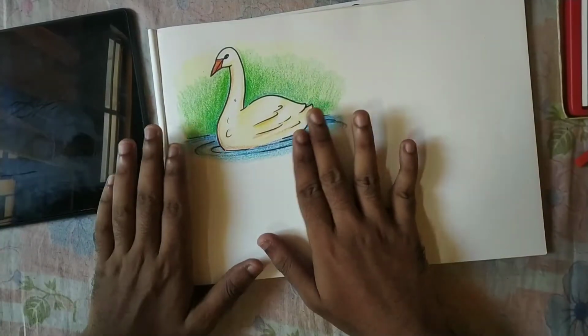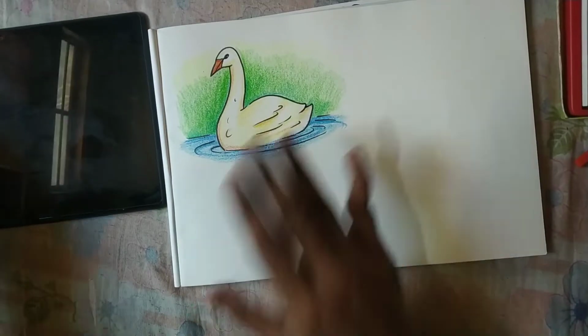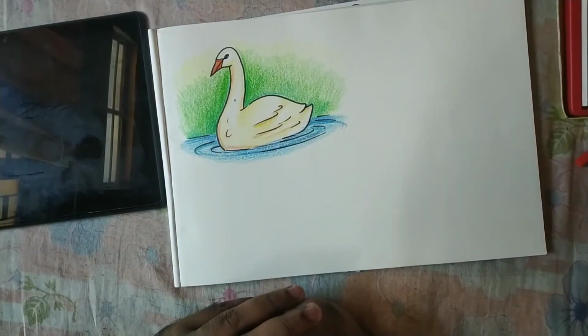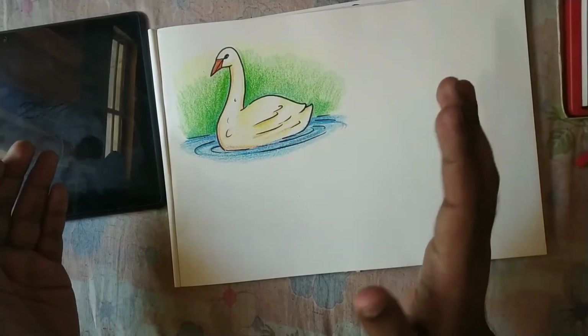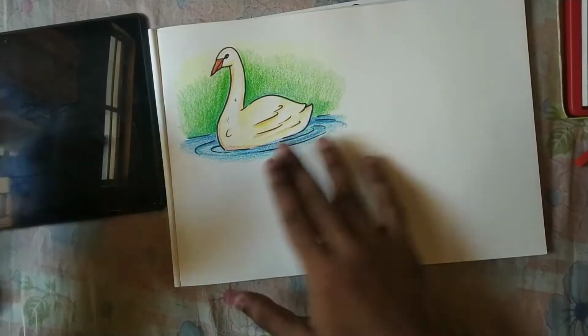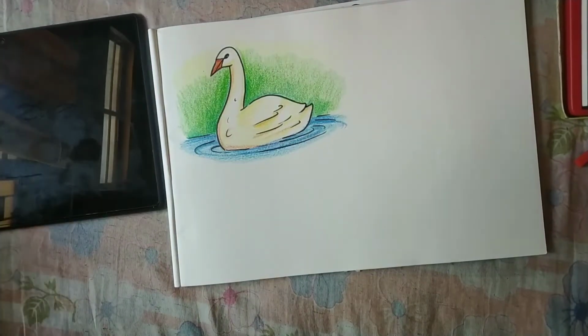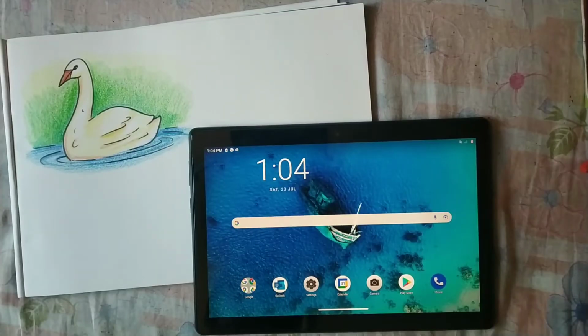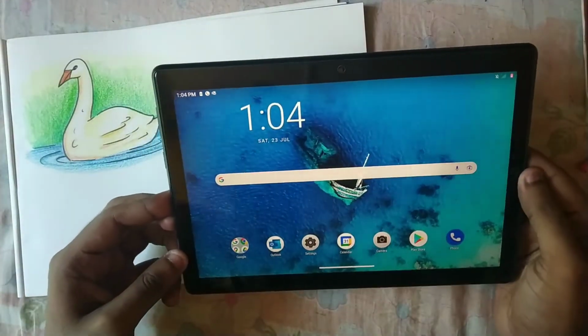The same thing I'm going to repeat with the digital art without fast forwarding it. Let's see how much time I take, and after that we can talk about the pros and cons of both, and how we can utilize the cons of one medium as the pros of the other. Okay, so let's get started with the tablet now. Ta-da! So here you can see this is a tablet, Lenovo